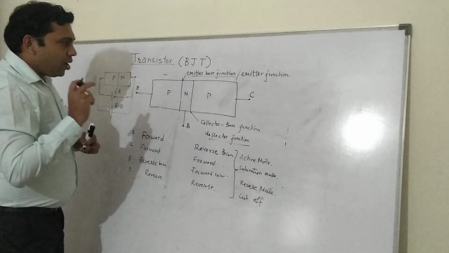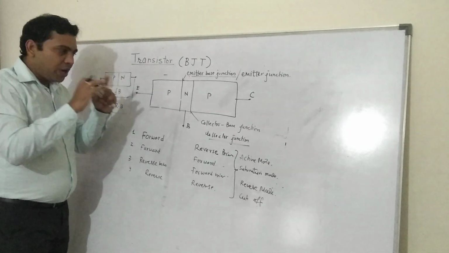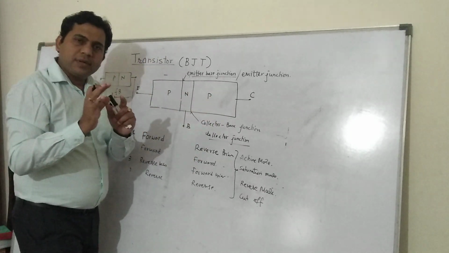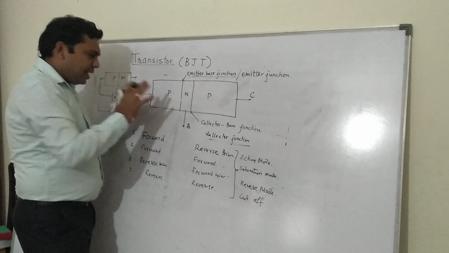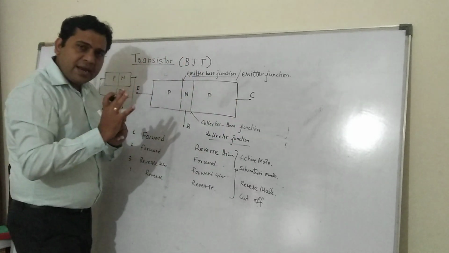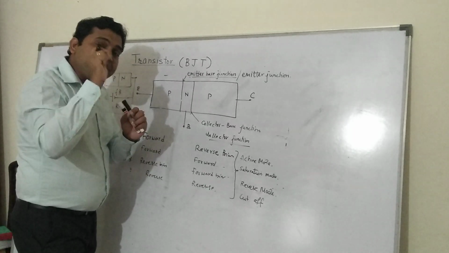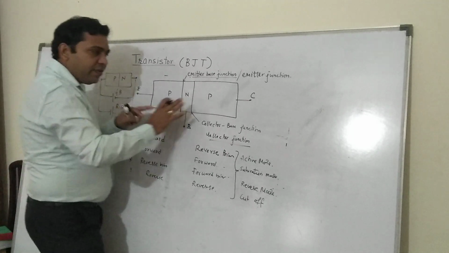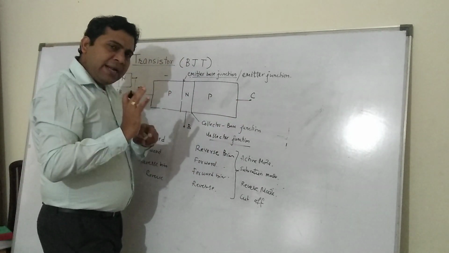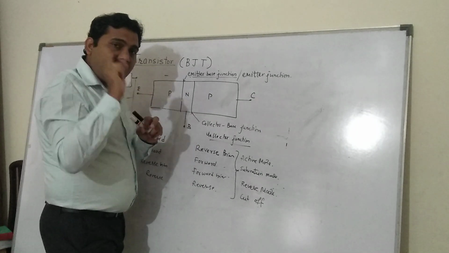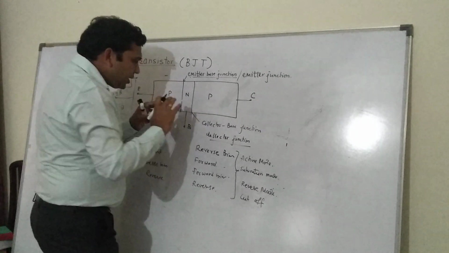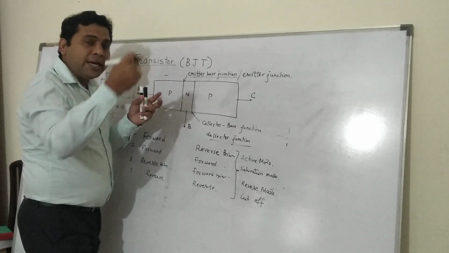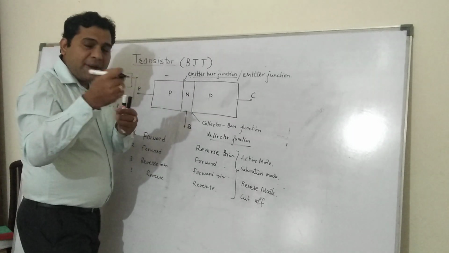Right now, let's have a normal biasing. Any kind of biasing we will apply. Let's say we apply forward here and reverse here, and we will build our first basics. In a diode we know that there is a current ID equal to I naught times e to the power QVD by NKT minus 1.